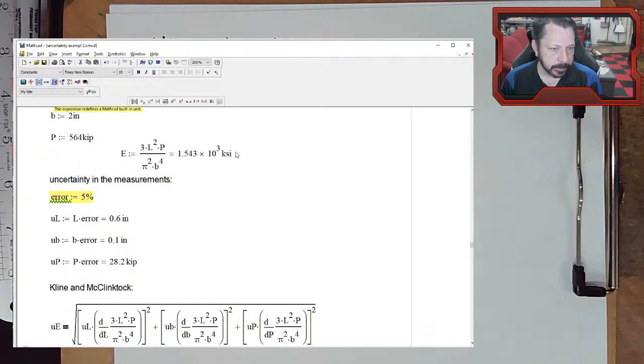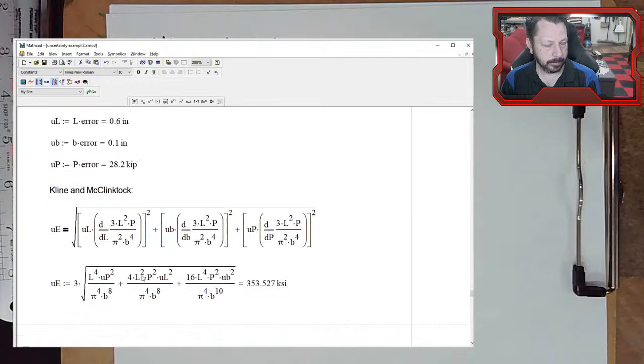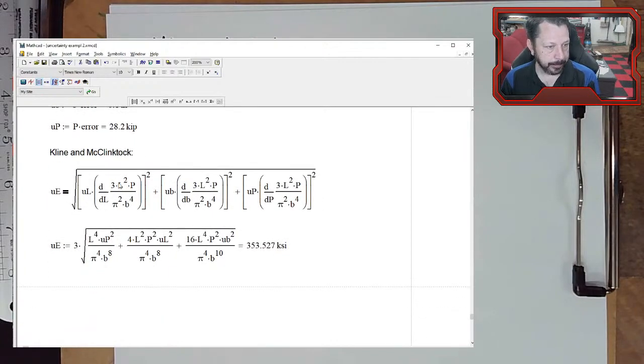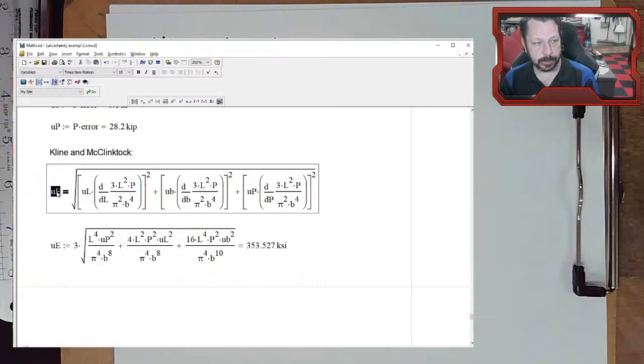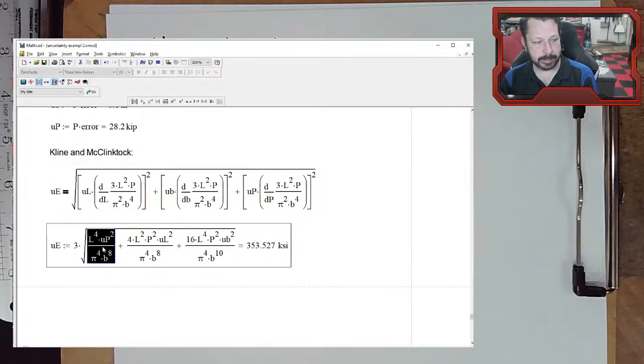Actually, that's KSI. Okay, 1.5 times 10 to the third KSI. So that's actually kind of high. All right. So here, there's the E. So we did the derivative of the equation E, since we want the uncertainty in E, with respect to L. Multiplied that times the uncertainty in L. And so I just let Mathcad do this derivative and multiply it times UL, and basically that comes out to